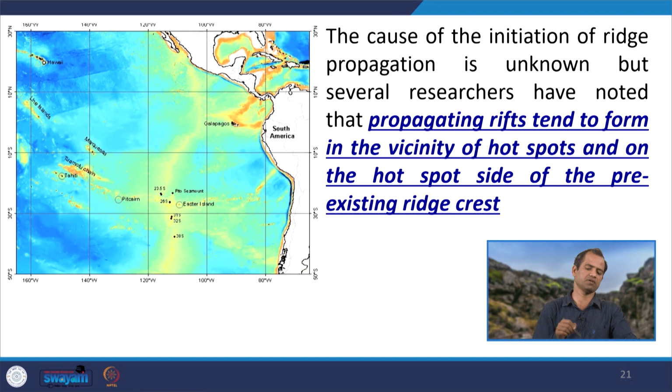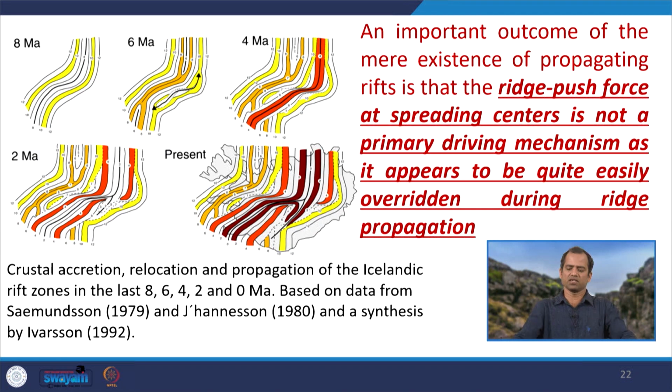We have different types of hotspots, and most of these hotspots have evidence of the development of propagating ridge systems. An important outcome of the mere existence of propagating rifts is that ridge push forces at the spreading center are not a primary driving mechanism, as they appear to be quite easily overridden during